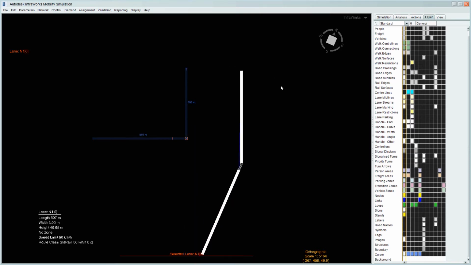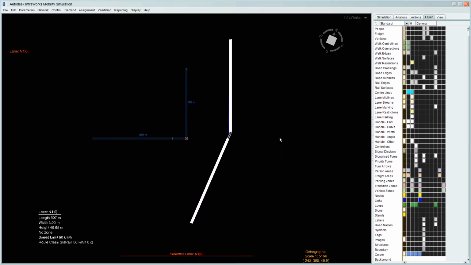So now we need to combine what we've done here with the stuff that we learned earlier in the course about setting up people movement, so pedestrians, because we need pedestrians to get to these stands, these platforms, so that they can be picked up by the service. So let's go down